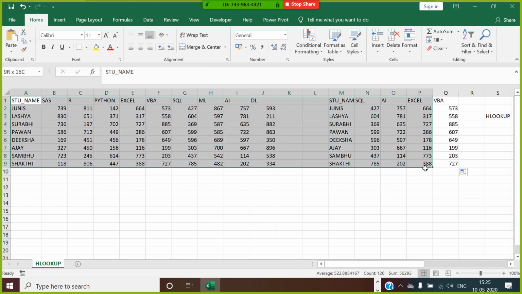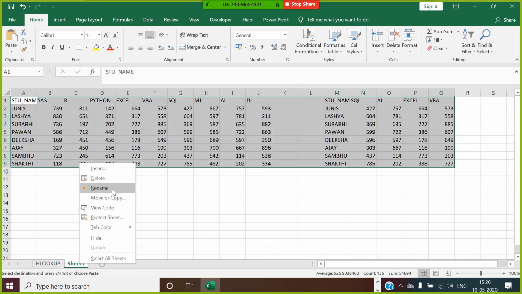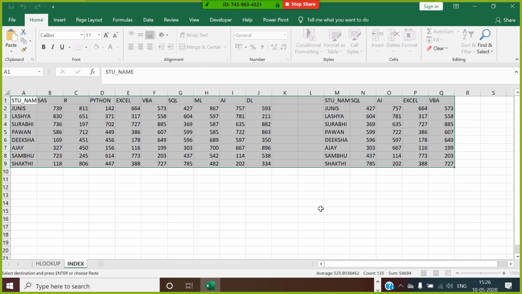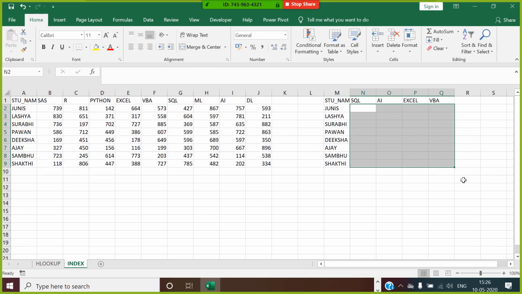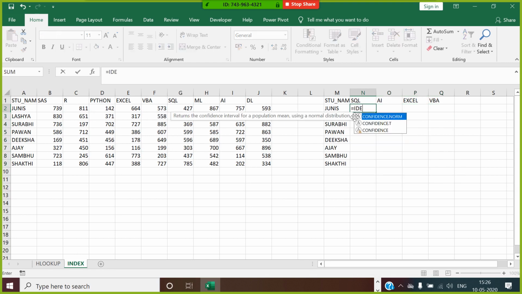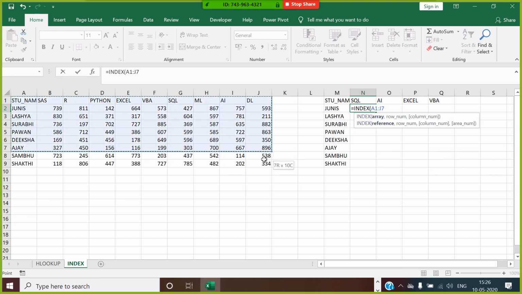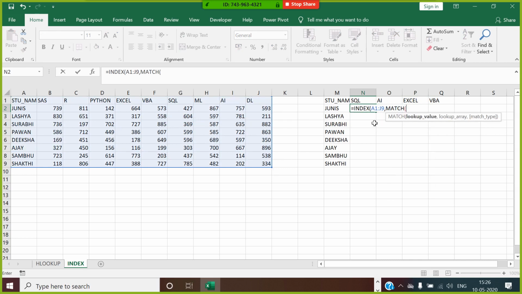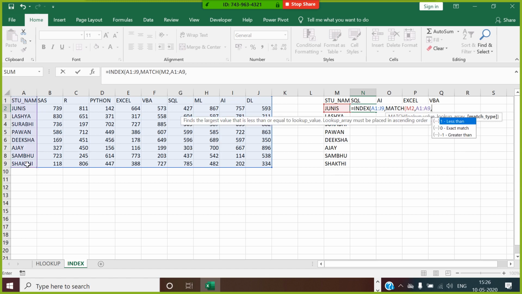Same way, I copy this data. I'll do the index function. So how will you get this output using the index function, guys? You will write index. Index asks you the array. So this is going to be my array. Index asks you the row number. You use match of genus. Within, this is my lookup array. Then 0, bracket close. This is my row index.